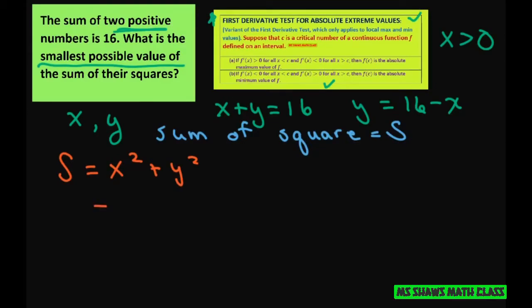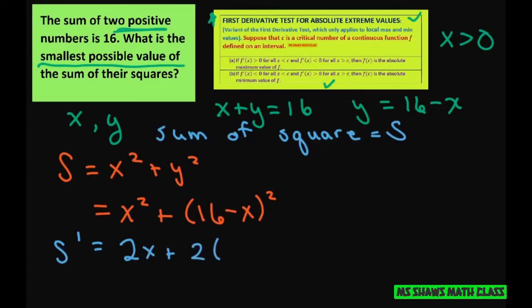Now substituting, we just have x squared, and then our y was 16 minus x, squared. All right, and let's go ahead and differentiate this and do s prime. And we're going to get 2x, and we're going to use the chain rule. 2 times 16 minus x to the first power, and the derivative of the inner function is -1. So when you clean this up, you're going to get